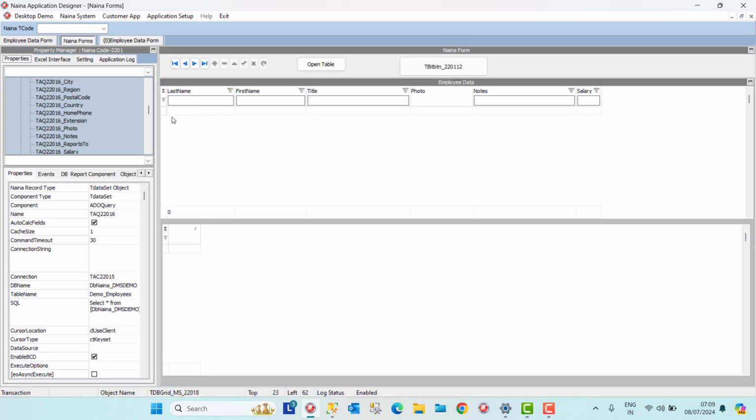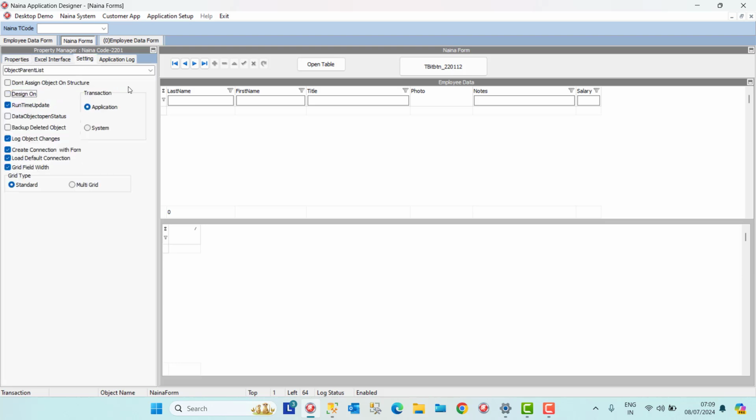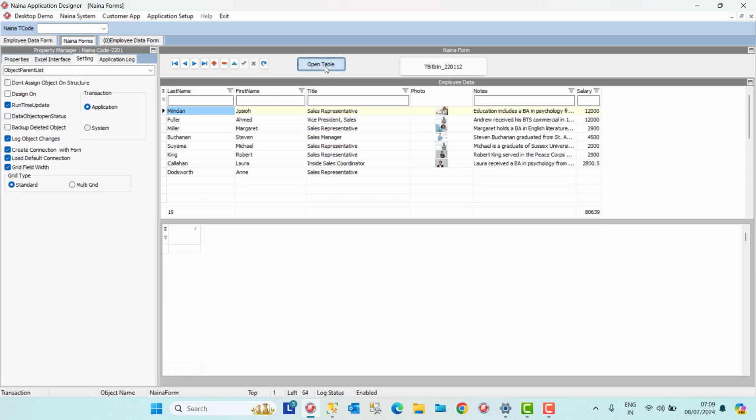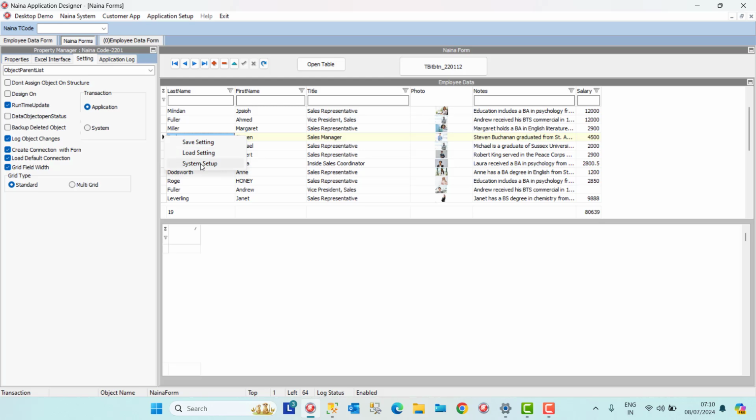So to do this, we need to open the design mode, close the design mode, and right click, load the system setup, and add the